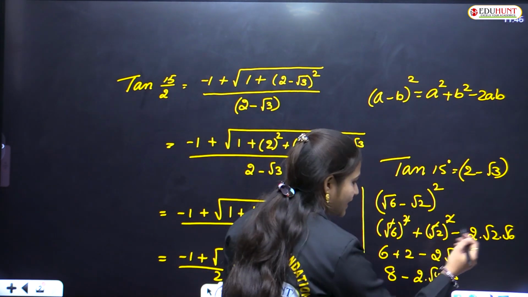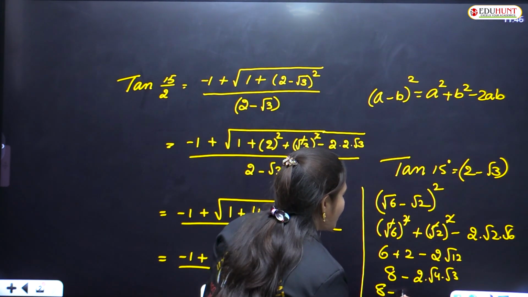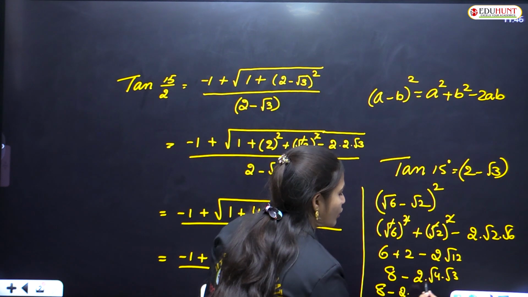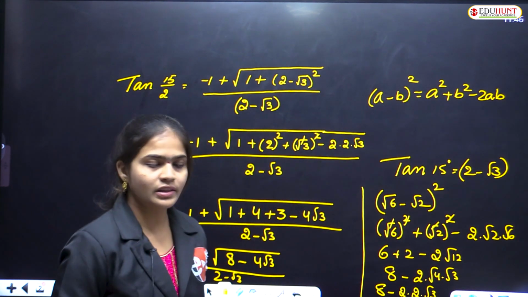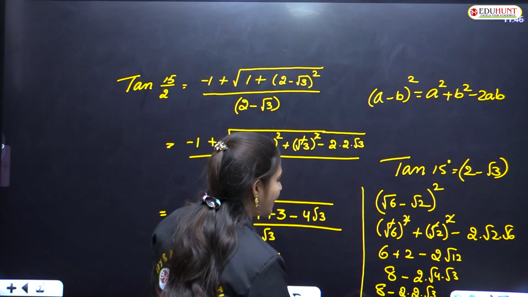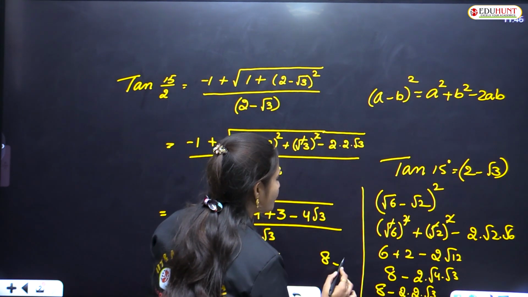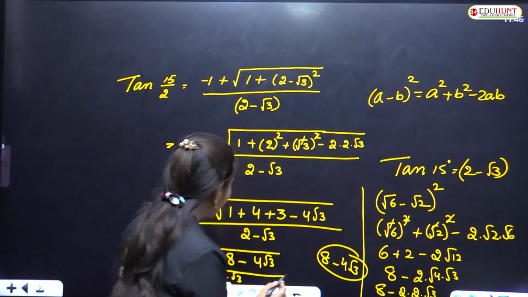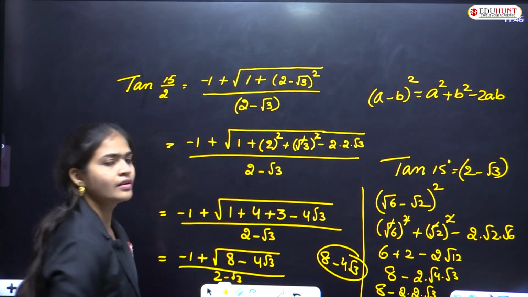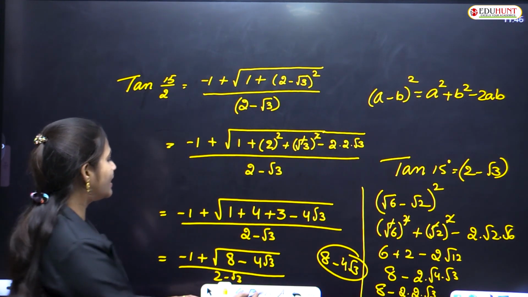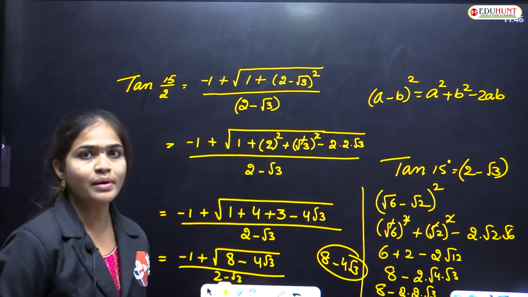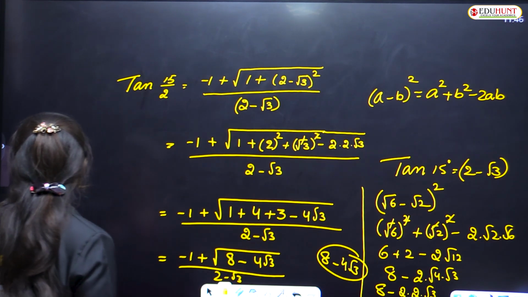4 threes is 12 again. So 8 minus 2 into, here the square root of 4 is again 2, and root 3. So after simplification we are getting 8 minus 2 twos are 4 root 3. So the same number again we are getting here. Understand? So that's why this one we can write as 8 minus 4 root 3. We can write that one as